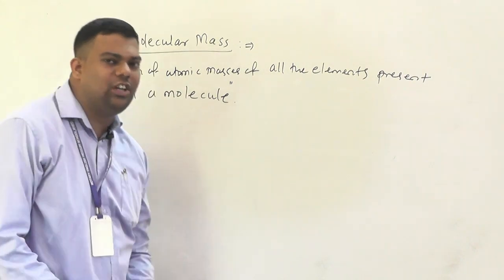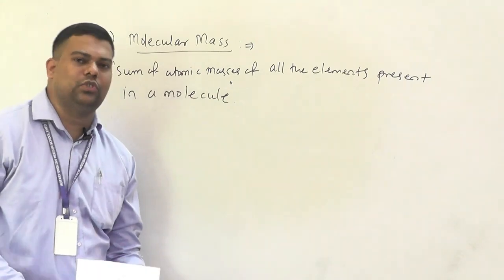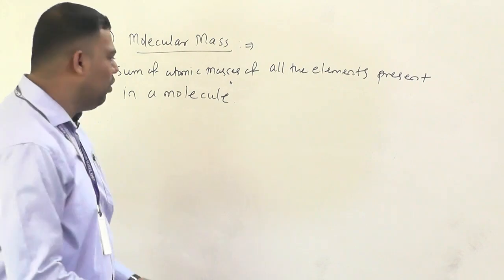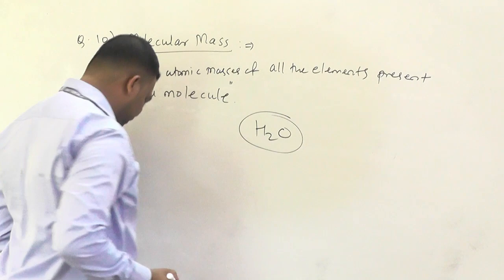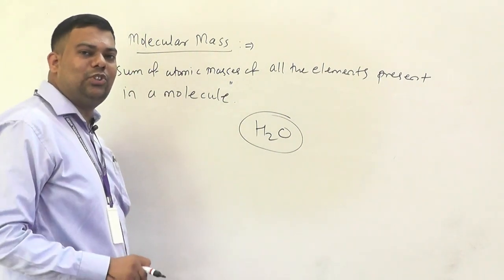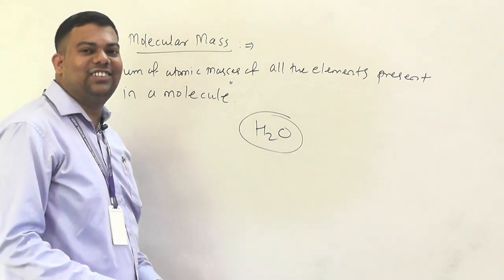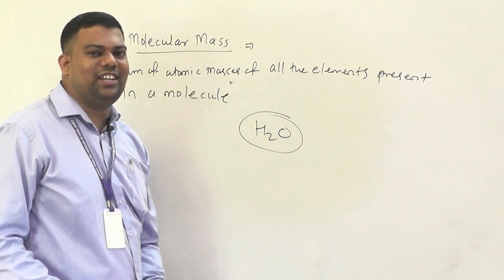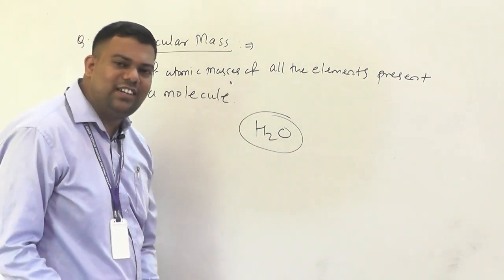Suppose we are going to discuss water here. Whatever the relation, it's like your molar mass only, but the only difference is the sum of atomic mass; we have to do addition of this. So this is your water. We are writing mass of one molecule of H2O and molecular mass of H2O, like we discussed for the oxygen atom. So don't confuse molar mass and molecular mass. These are two different things.